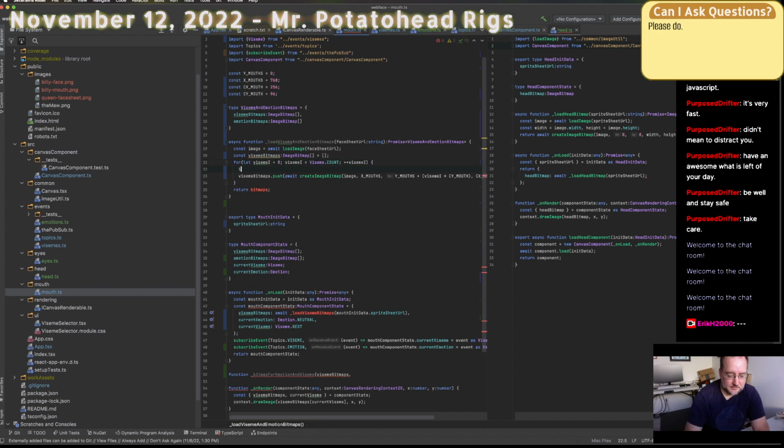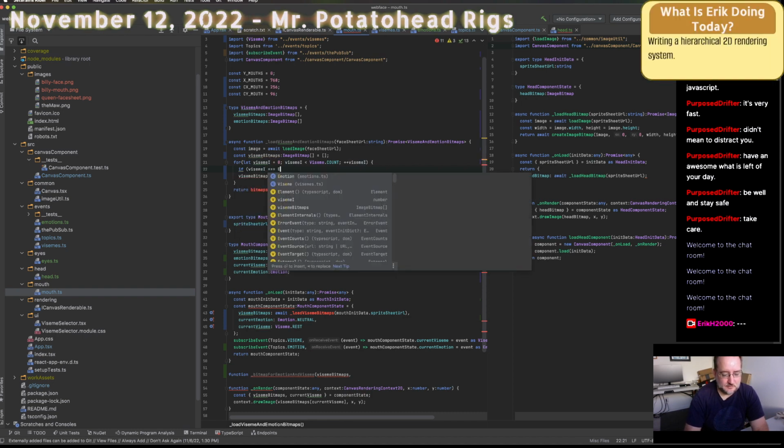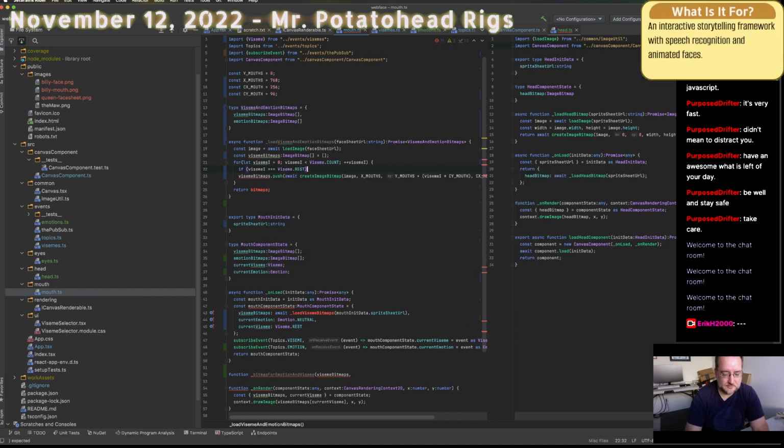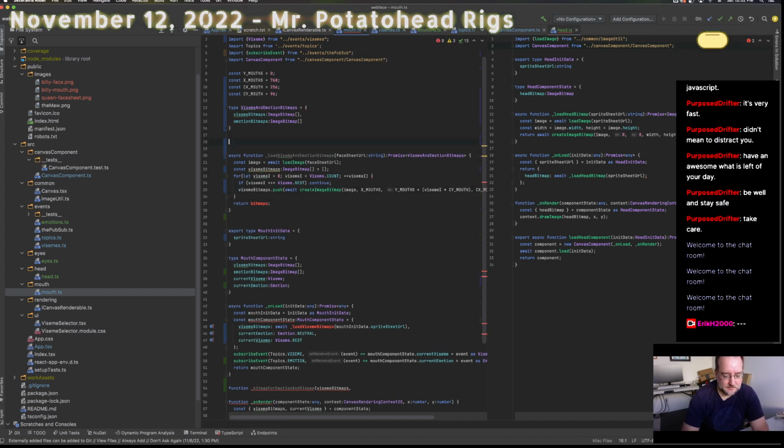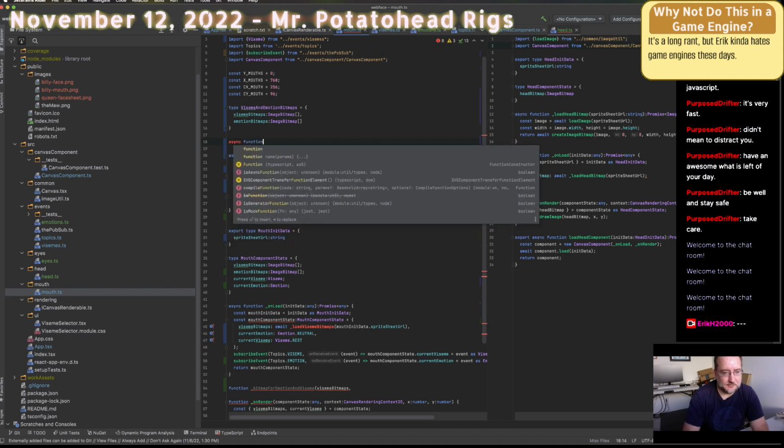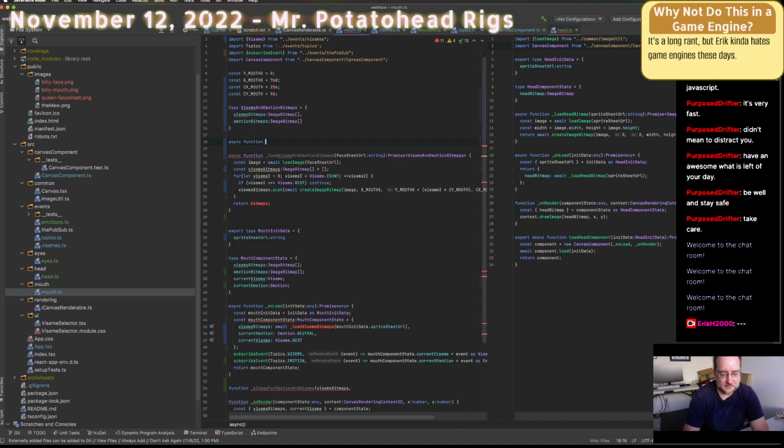Could do this: if viseme i equals emotion viseme rest, continue, and that'll skip the first one, but it won't be as coupled to the order. I think these are coupled to the order anyway, so I shouldn't fuss with it too much. Okay, so that's viseme bitmaps, and then this is honestly probably worth splitting them out. So let's do async